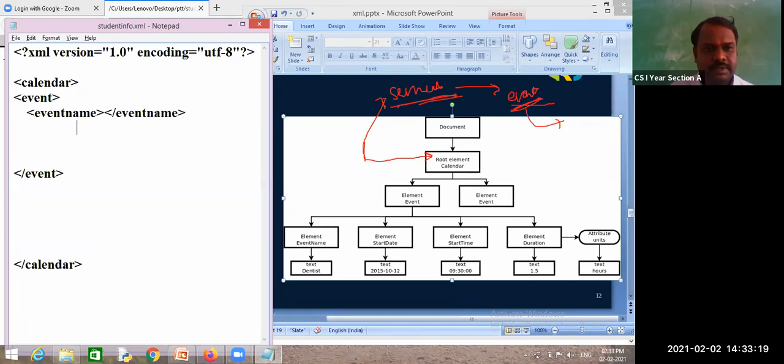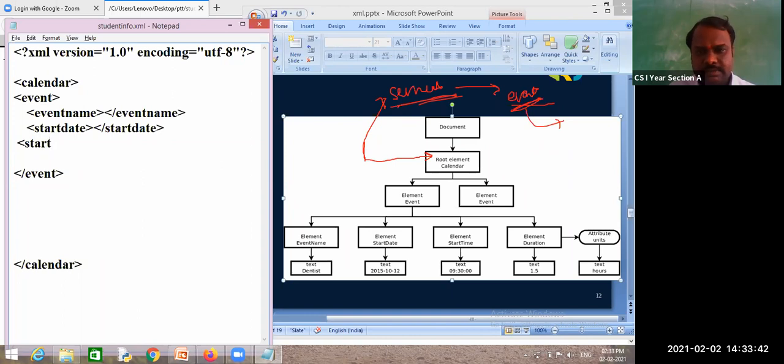I will write everything in lowercase only. Next, start date, and this is the ending tag.